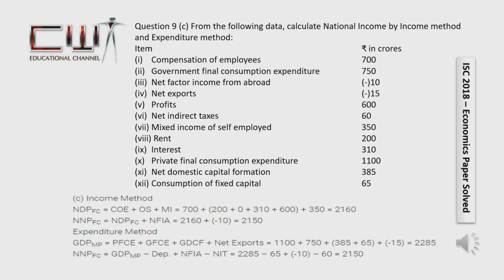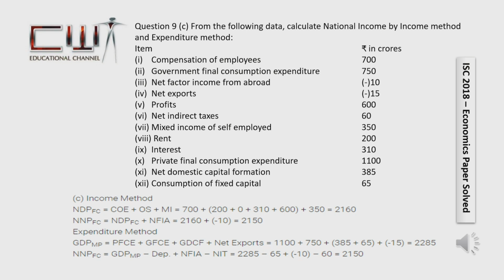From the following data, national income is to be calculated by income method and expenditure method. What we are given is compensation of employees, government final consumption expenditure, net factor income from abroad, net exports, profits, net indirect taxes, mixed income of self-employed, rent, interest, private final consumption expenditure, net domestic capital formation and consumption of fixed capital. We first calculate the national income by income method, where we add the compensation of employees plus operating